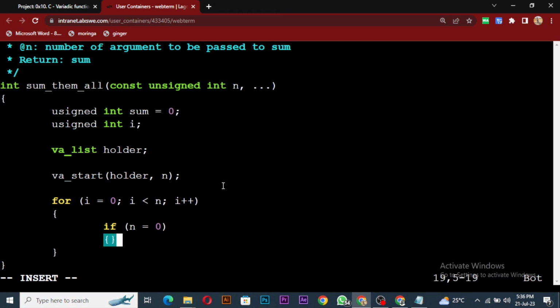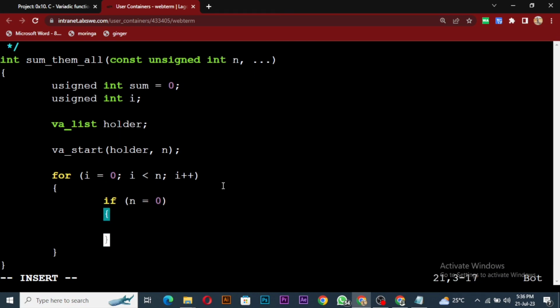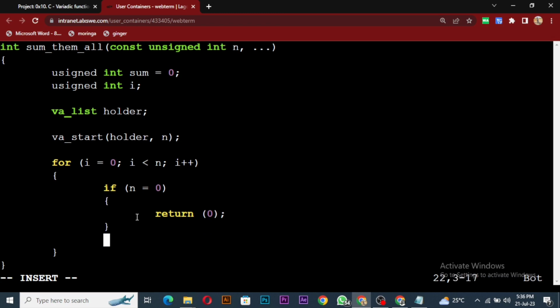So we'll do it like this and say it should return 0, because it's going to be going through n. Return 0. All right, else